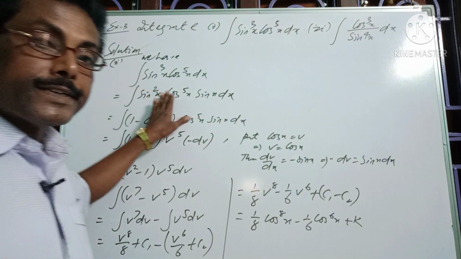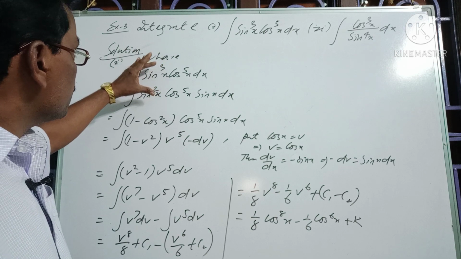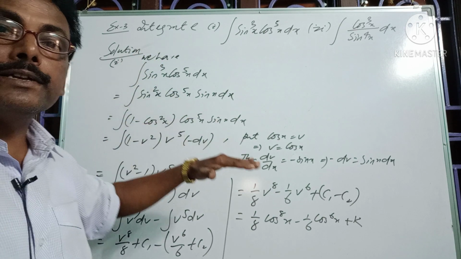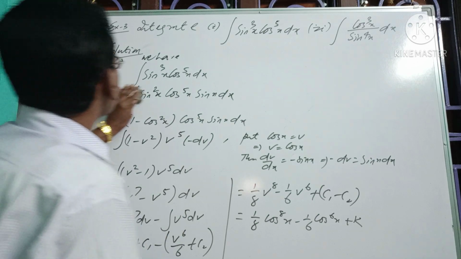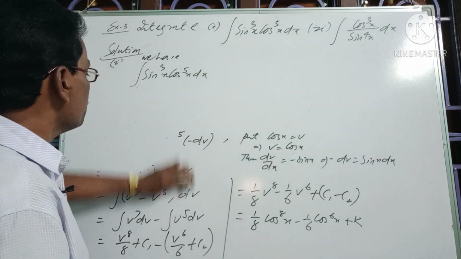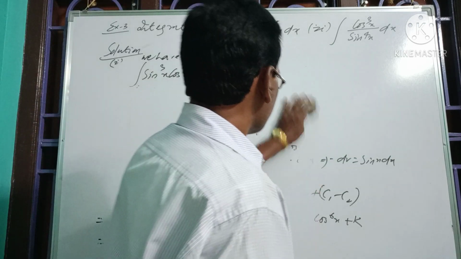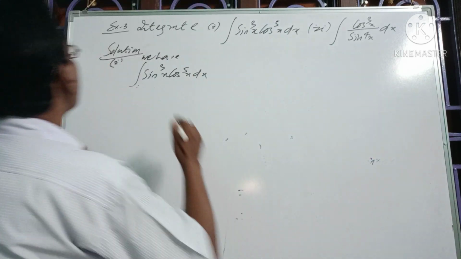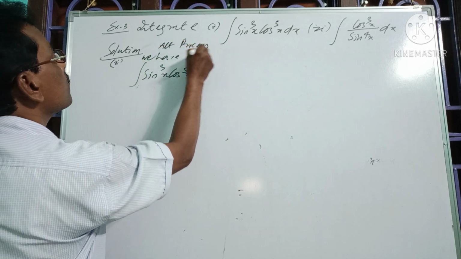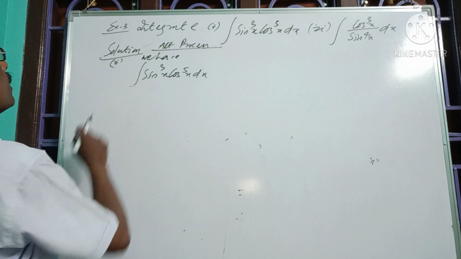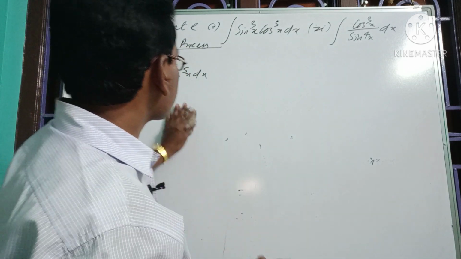Now we have already integrated the given integrand by breaking sin cubed x, but the same integrand can be integrated if you break cos to the power 5 x. So let us consider the second process, that is how to integrate the same integrand using the alternative process. So we have the integration of sin cubed x into cos to the power 5 x with respect to x.